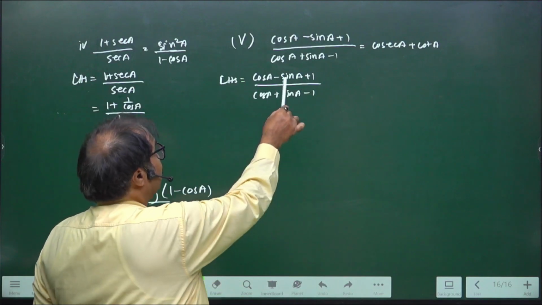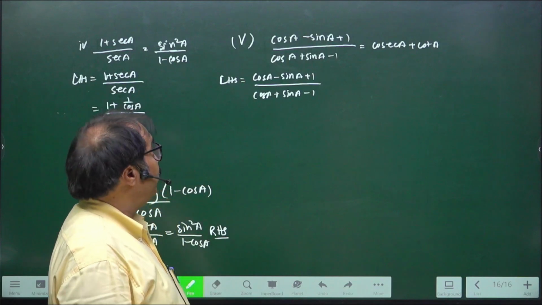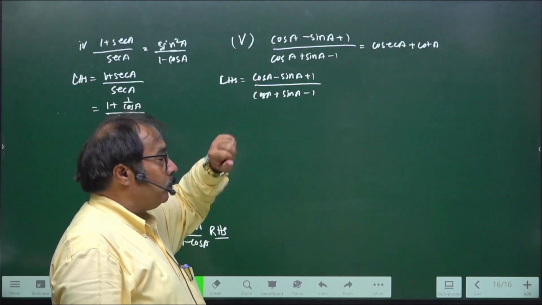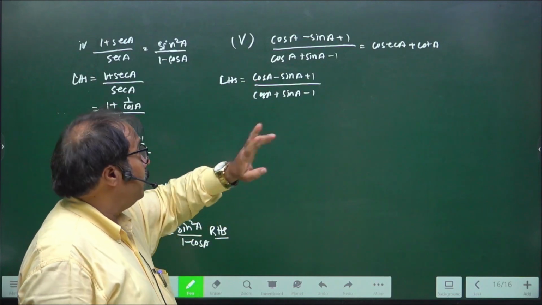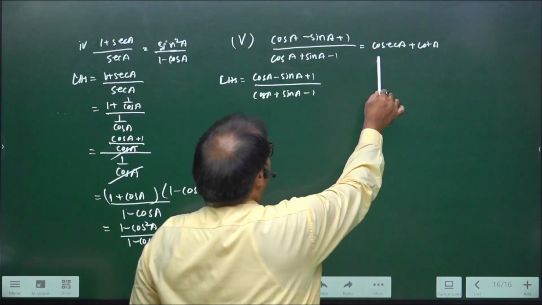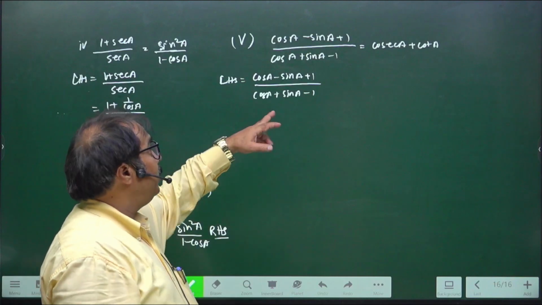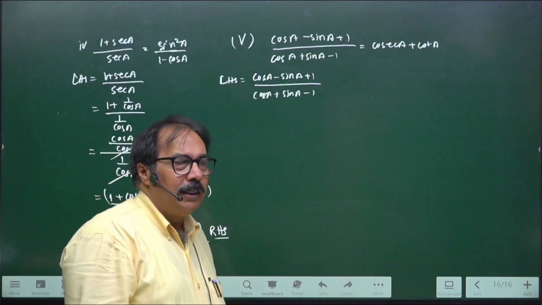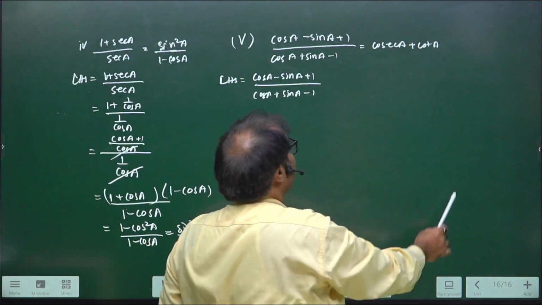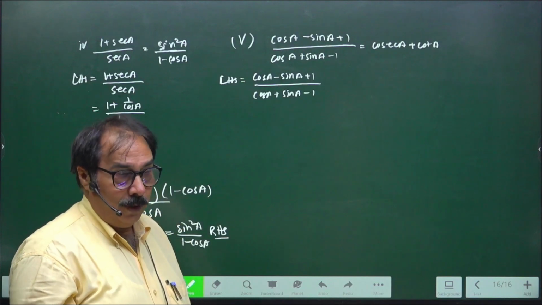It means that we will divide the numerator and denominator by sin A, each term, because cos by sin will be cot, and 1 upon sin we will get cosecant. So if the right hand side shows cosecant A plus cot A, then divide each term of the numerator and denominator by sin A. If the question says it is tan A plus sec A, then divide by cos A, right? Be careful.